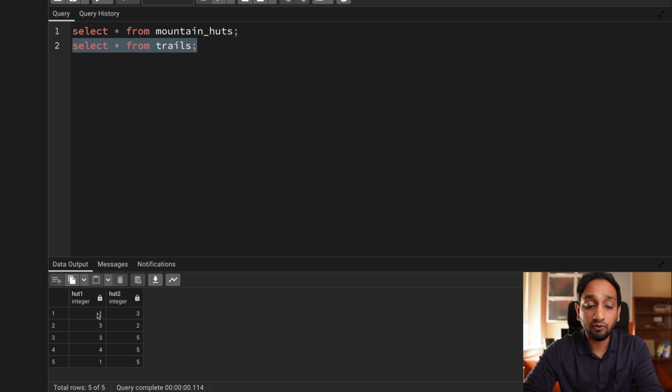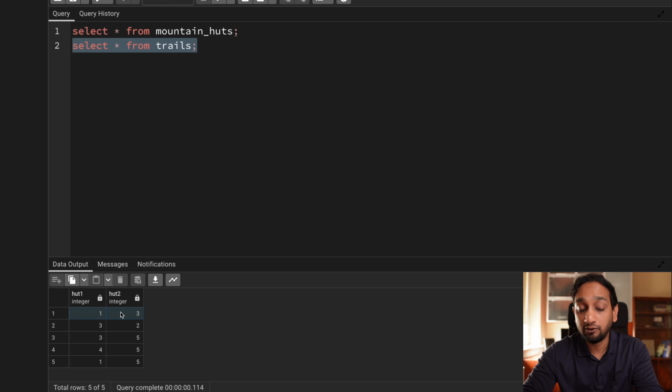First of all, I know that I need to build the trail which connects the 3 mountain huts. The data that is given only connects 2 different mountain huts in the trail table. But you see that here everything is mentioned in the form of IDs. It is not very clear for me to understand which mountain hut they are talking about. Secondly, I also need to know the altitude of each mountain because I need to know if